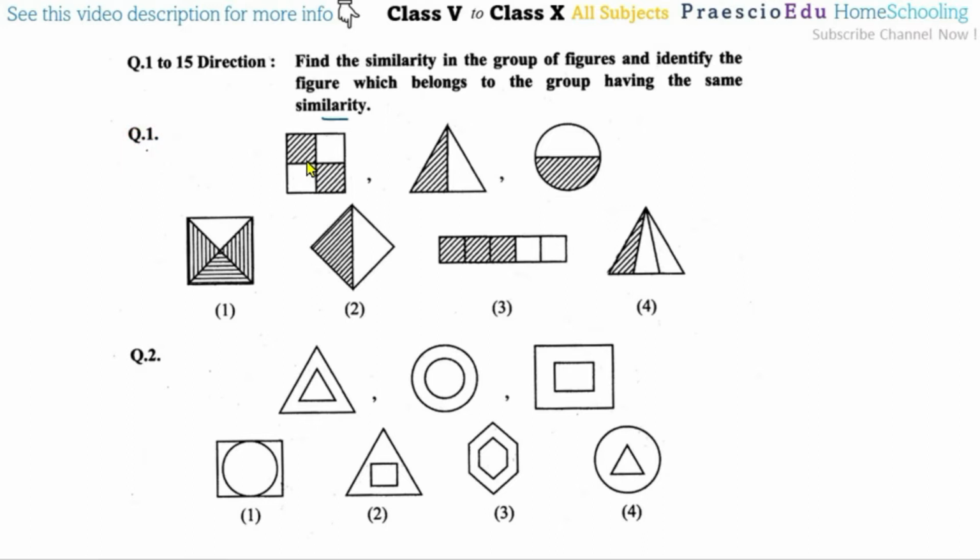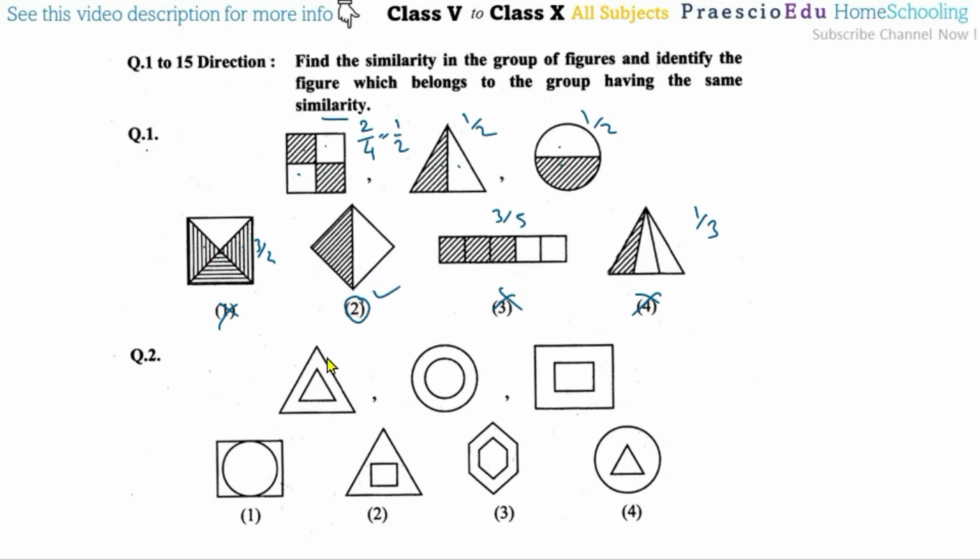There is this square figure having two parts shaded and two parts unshaded out of four parts, which means this is a half. 2 by 4 means half, 1 by 2. Here also the half, 1 by 2, here also and here also. So matching with this one, option number 2 is perfectly matching, because the others are 3 by 4, 3 by 5 and 1 by 3. So these are not correct answers, so option number 2 is the correct one.